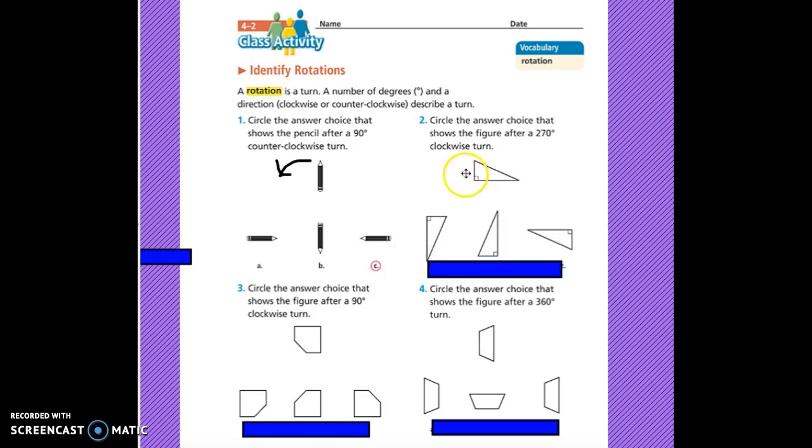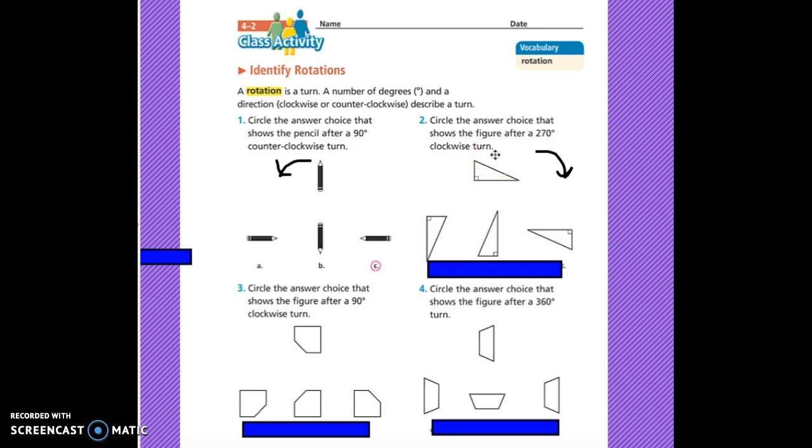All right, now I'm looking at this figure. It says circle the answer choice that shows the figure after a 270 degrees clockwise turn. So again, I think about my clock. Remember that the clock goes this direction, so my rotation is going this direction, and I want to go 270 degrees. So I always just think of those quarter turns. I think, okay, a 90-degree turn would be facing right here. If I did another 180-degree turn, it would look something like this one here. And now I want to go one more